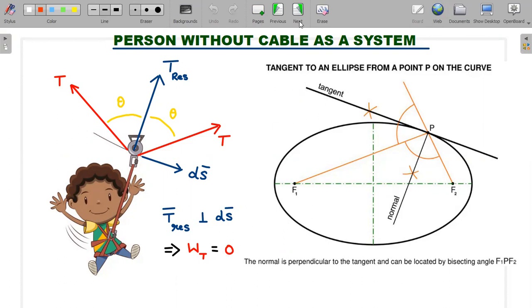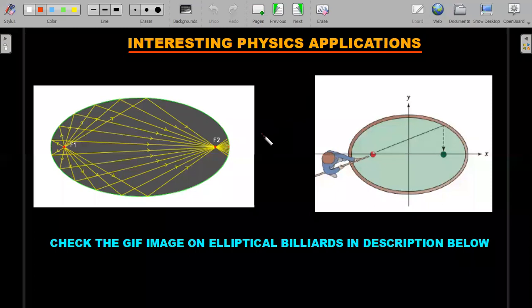You'll see these kinds of applications of maths in some of the physics problems, wherein you would have it in optics, where you'll have an ellipsoidal mirror. Any light ray which starts from the focus hits any point, it will have to go through the other focus. Again, because the law of reflection tells you that the angle of incidence should be equal to the angle of reflection, proving the angular bisector theorem of the ellipse that I discussed.